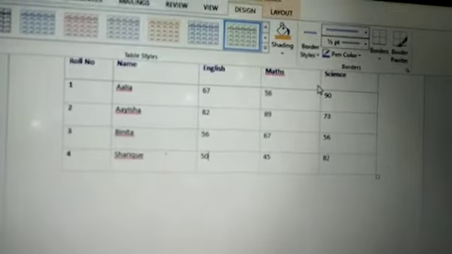So again we can go to the Design tab and select another table. Suppose I have selected this one with a green border.